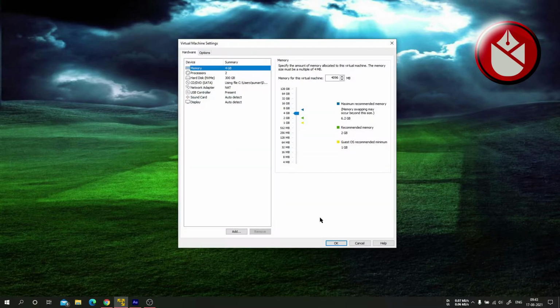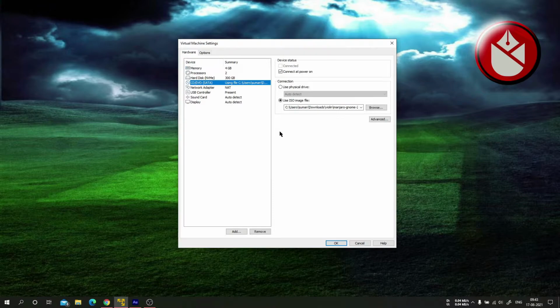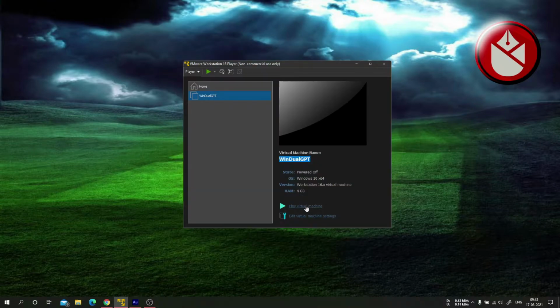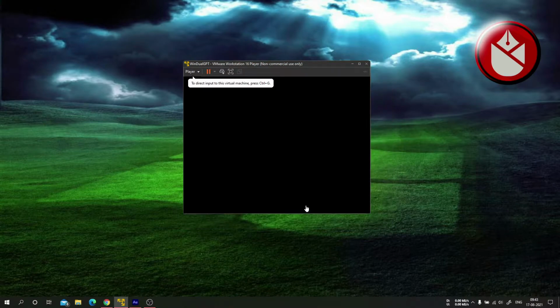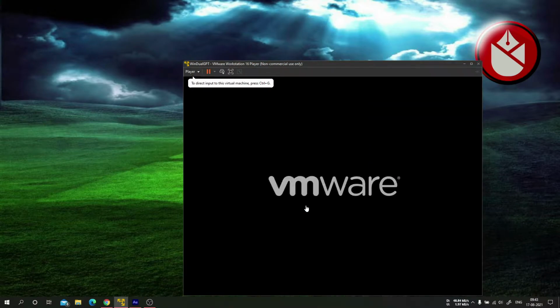In the disk drive, that is CD or DVD, I have used the already downloaded ISO image of the Manjaro operating system. Let's start at first in Windows 10. You may use Windows 7 also for the dual boot, but remember it must be in GPT mode.